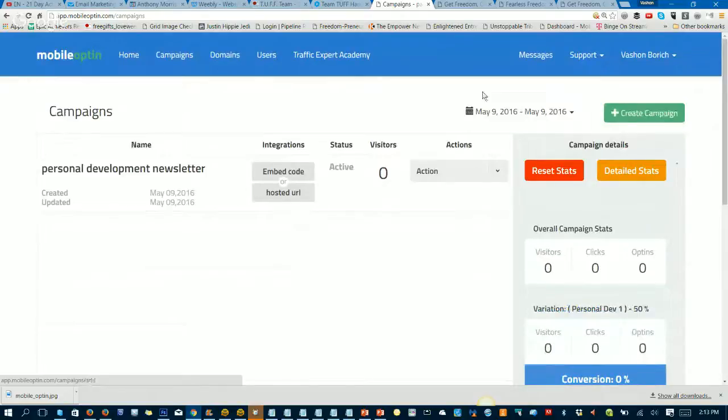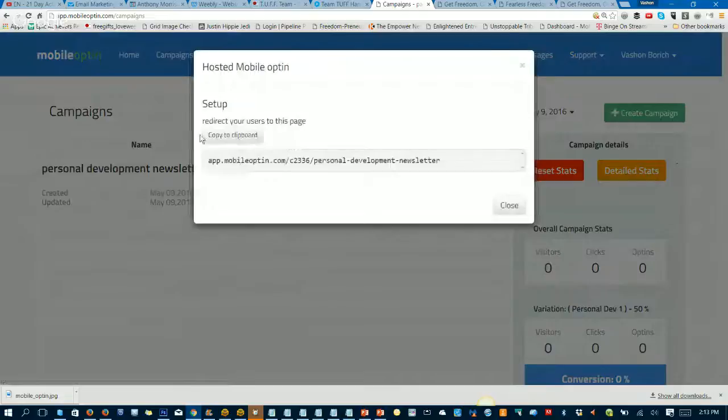And you can continue to create other campaigns. Like I said, what I do is I take this hosted URL and then I mask it to whatever you want. Like in my case, I masked it to a subdomain of toughmama.teamtough.com. And for every one of your opt-in pages, you could do that. If you don't know what I'm talking about when I say forwarding or masking, I do have another Hangout.